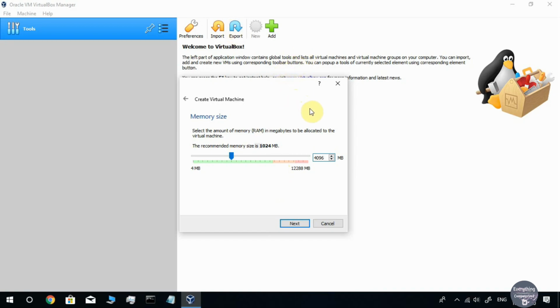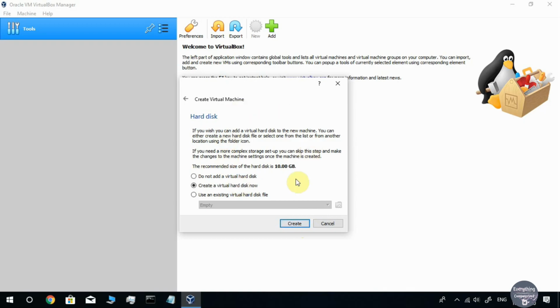But if you don't know what these all things are, you can just leave the default value set by VirtualBox and you can proceed with the other steps. And if you think you need more RAM for your virtual machine, you can just go to the virtual machine settings and then you can alter the amount of RAM for your virtual machine afterwards. So after you have decided the amount of RAM for your virtual machine, click on next, and now you will